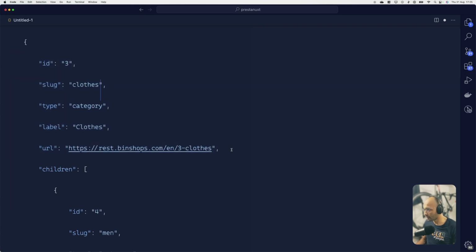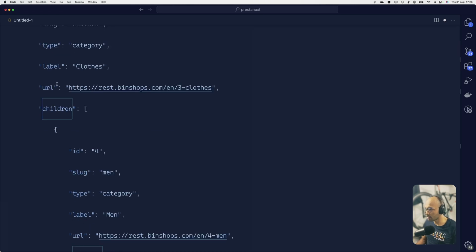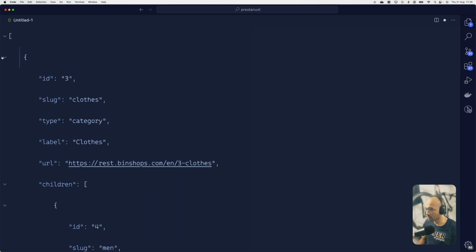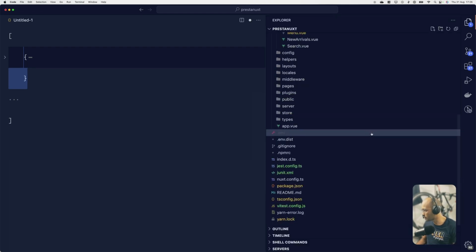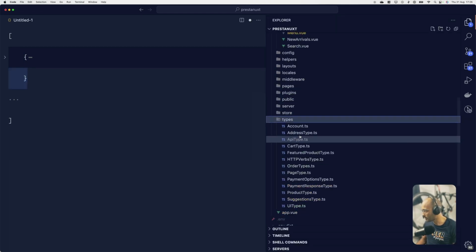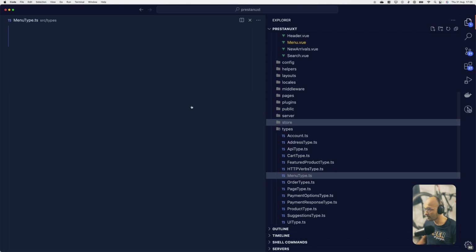I do have an extension that is quite helpful. I'm going to share it with you. Let me just copy this object first. Okay, so here I'm going to jump to where I do have types, and I'm going to create a new file, menu type.js, and here